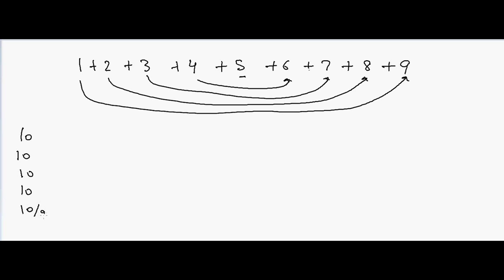So 10 divided by 2, you can say, so total we have 4.5 into 10. So we have 4 tens and half of a 10, so that's 4.5 into 10. So again, if we look here, that will be equal to 9 divided by 2 into 10. So what's the 9 here? 9 here is the last digit,